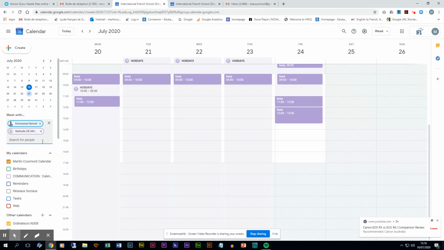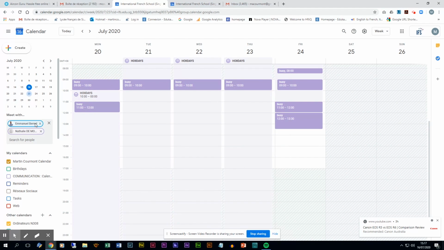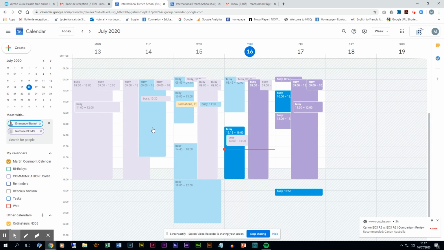In this case, you can see that the color is the same as the email address that you entered. For example, this purple from Natalie is the same as this schedule. And for Emmanuel, you can see that on the previous week, you are able to look on his schedule.